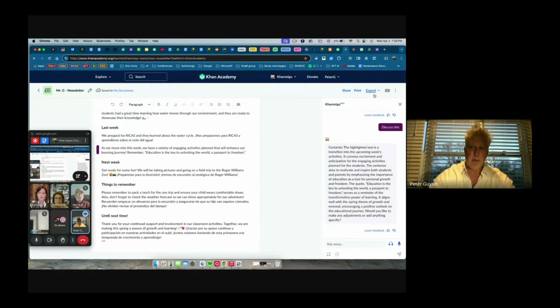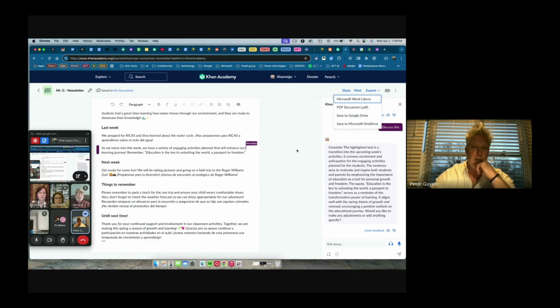Once again, when you are finished with it, you go to the export button. You'll see that unlike the lesson plan, you don't have as many options. For instance, you don't have the option to save this to a Google Slide. But you can save it right to your Google Drive as a docx, which is a Microsoft product, but it easily opens in Google Docs as well. Or you can just PDF it and email it home, or however you share your information with your parents.